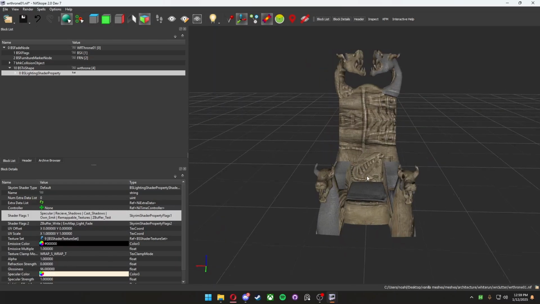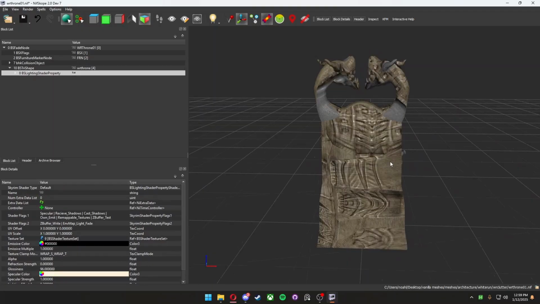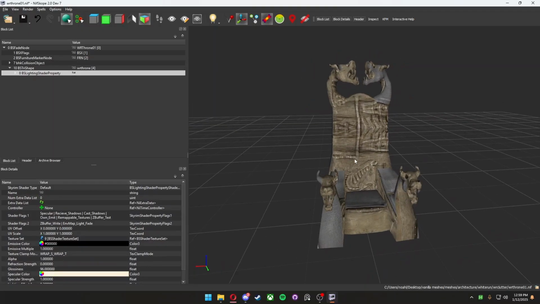Now these textures are all sorts of screwed up. It should look all messed up like this because it's trying to map the textures from our original vanilla mesh onto this. If you're not seeing the original vanilla textures, what you can do is go up here to